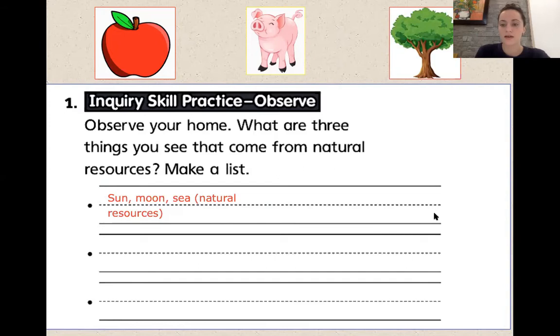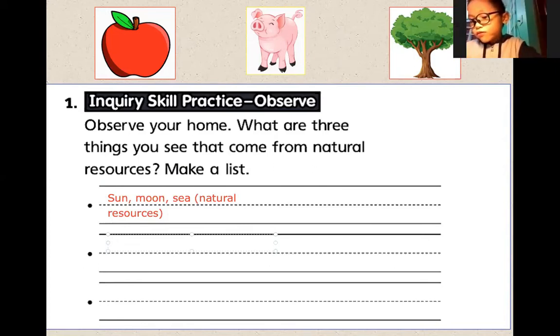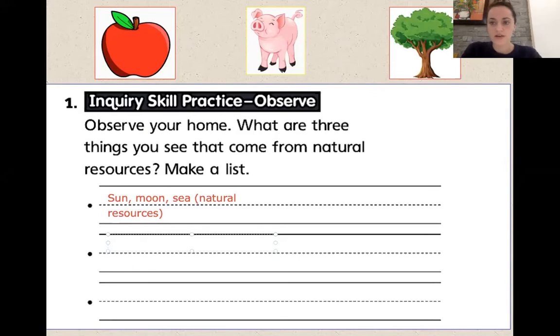How about milk? Milk, you wrote a lot of really good ones. Go ahead, Milk. What are some 3 things that come from natural resources? I don't know. That's okay. Do you have your homework near you? Or look around your room. Look around your room right now. Everything that's in your room has come from a natural resource, right? Everything's been made from earth. So what's one thing in your room? Anything, just something in your room.